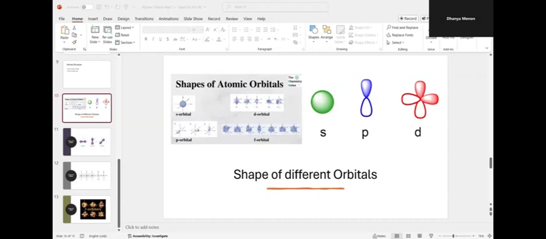Okay, students. Now, these are the shapes of different orbitals that we just studied. As you can see, the first one, s orbital, it has a spherical shape. P orbital has a dumbbell shape. D has a double dumbbell shape. And F is a more complicated structure. So this is the S, which has a spherical shape. Now P